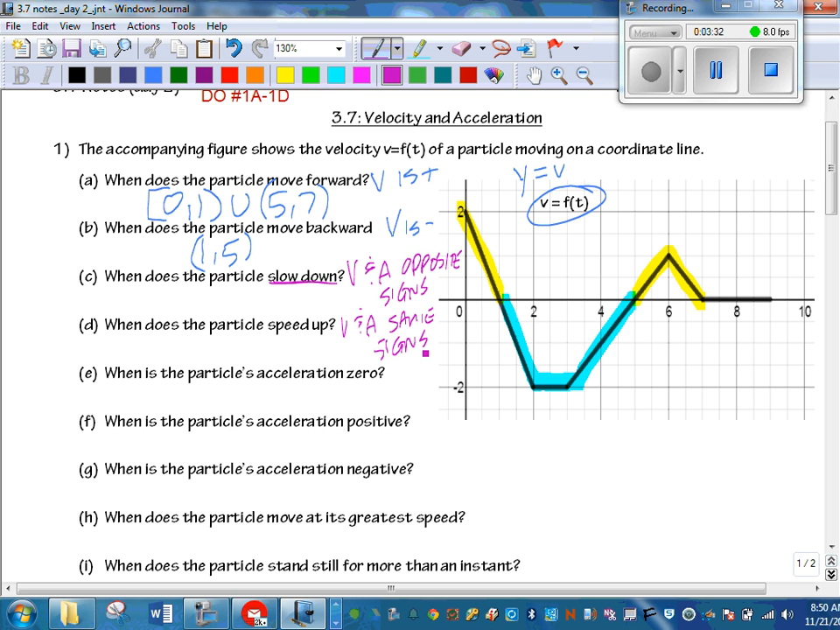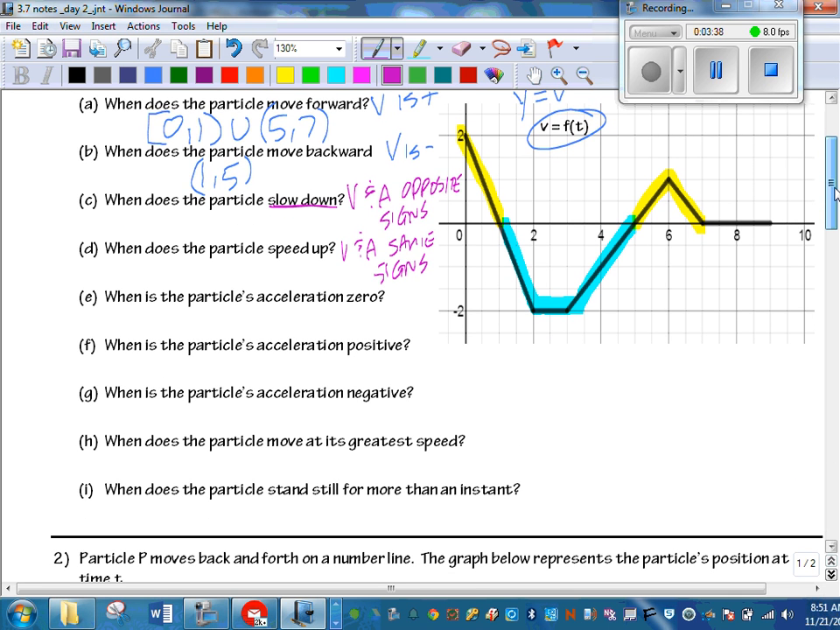So yesterday, the way we did that was looking at a number line and putting both velocity and acceleration on there. So let's do the same here. It might help us kind of